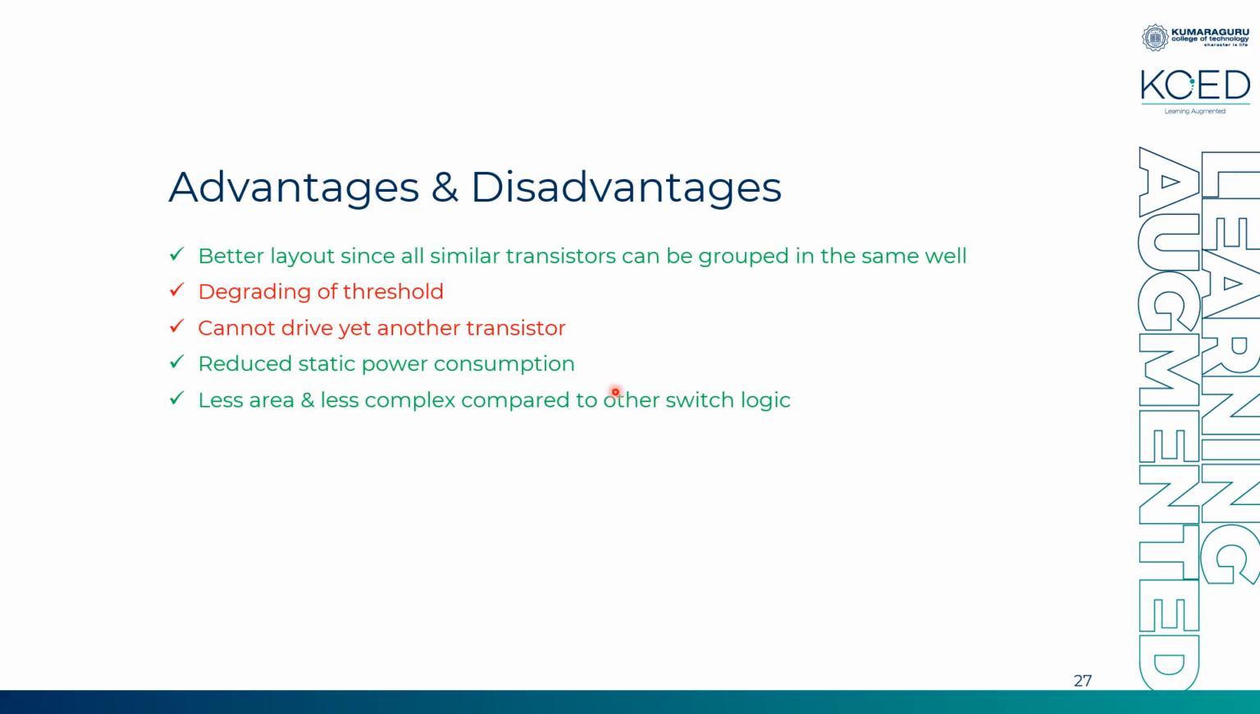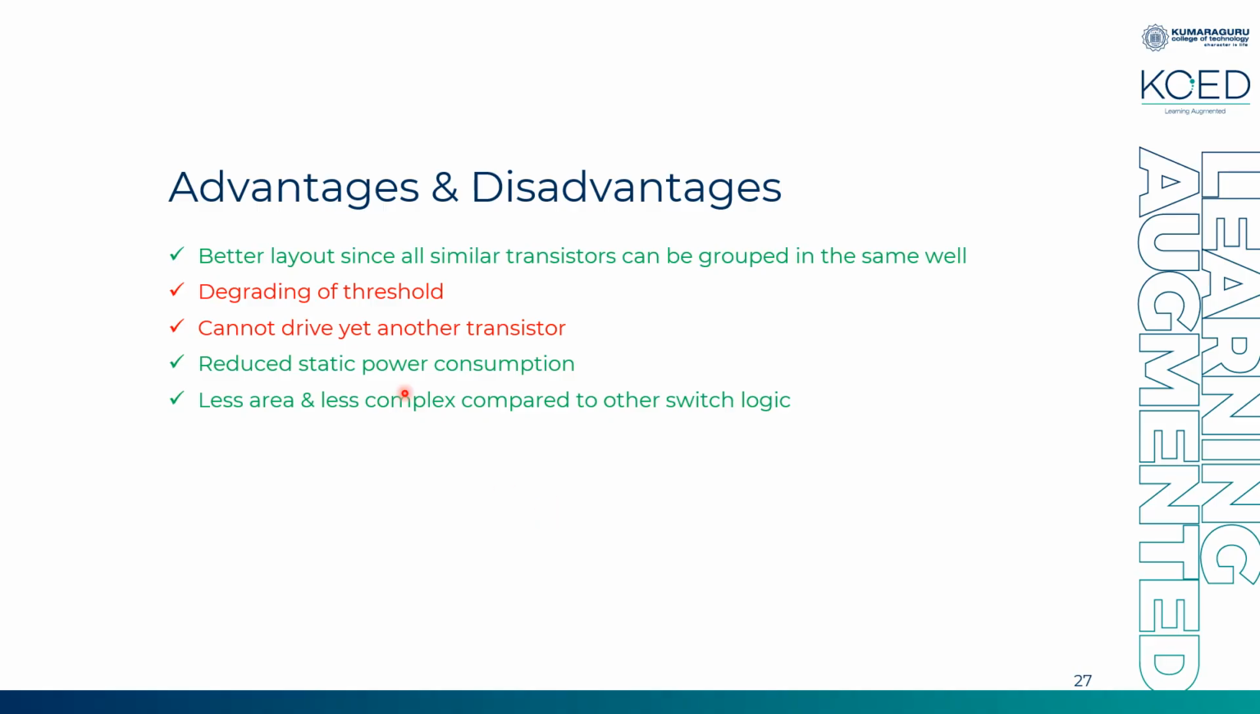You don't have any transistor connected directly to VDD always. Remember, you have not connected any transistor to supply always. So you have less area and less complexity in fab compared to other switch logic. In case of transmission logic, you will have both NMOS and PMOS connected in parallel, which will create more complexity